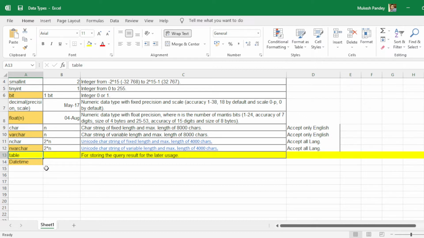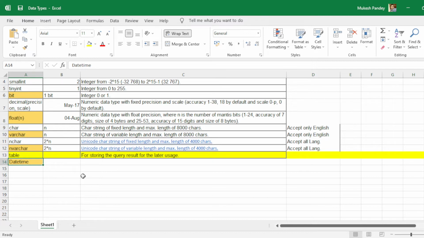Next one is the table variable. Table is a data type which is used to create a table variable. How we can create a table variable, we have a separate topic for that, where you can use the table variable. And next one is datetime. Datetime is the data type used to store date and time.